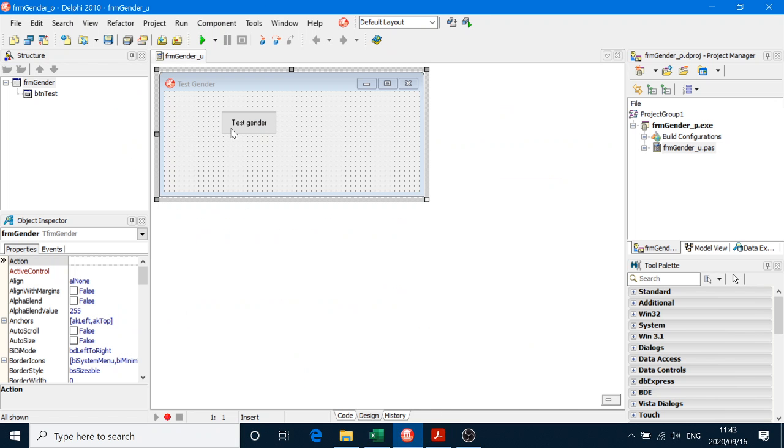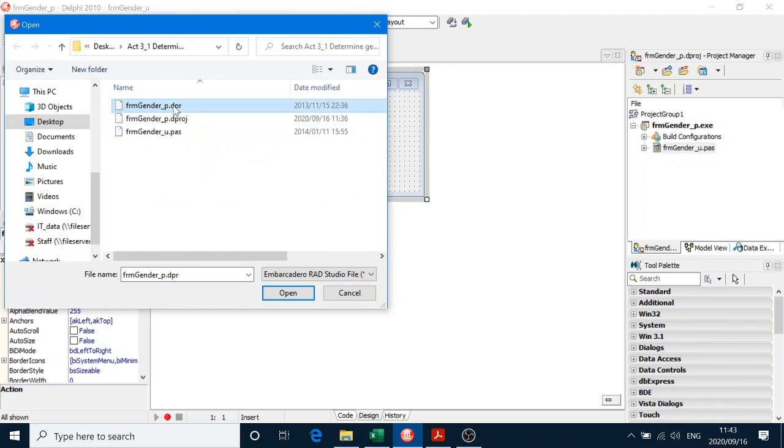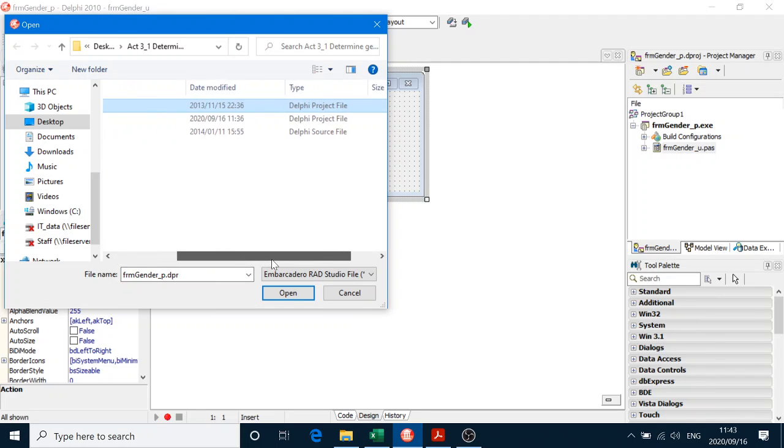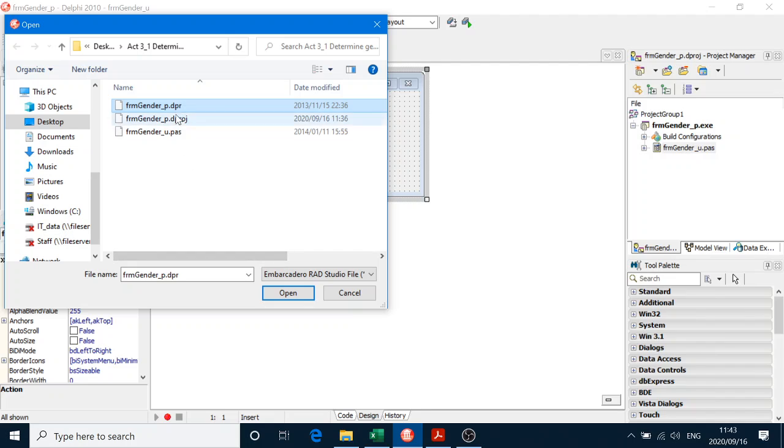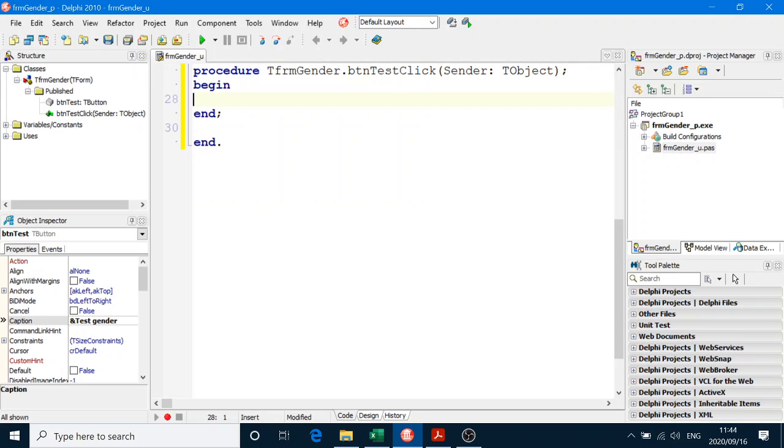So there's the program. If you want to open your program, you go File, Open, and then you open the .dpr, but you won't have a .dproj in the data files on Teams. You'll have a .dpr and underscore p and underscore u. You open underscore p, and in this button click event, test gender, we're going to declare a variable,